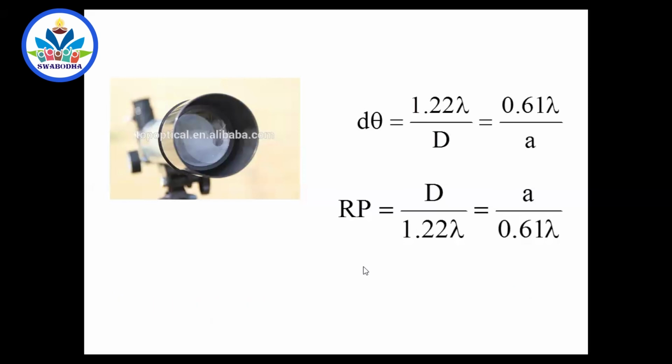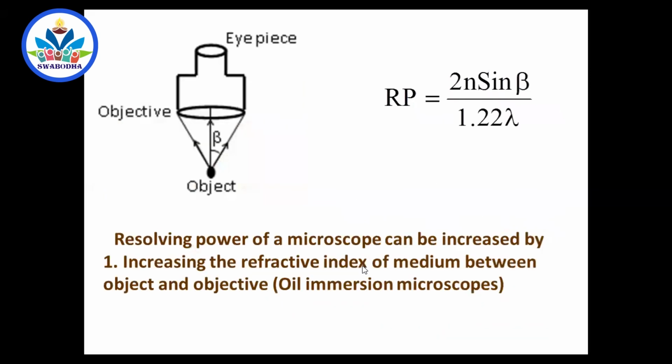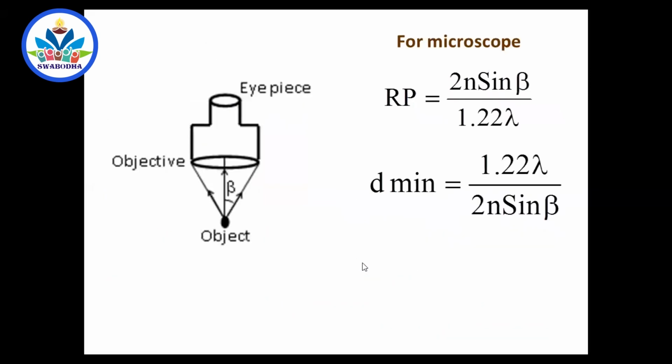But one thing here, I want to make you remember very clearly: how to remember these formulas without confusion. See, for example, microscope: 2n sin beta by 1.22 lambda, or 1.22 lambda by 2n sin beta. You usually get confused with this one. Remember only this one, enough. What about the reciprocal? Remember only this one. Sir, how to remember this? Remember the conditions. How will you increase the resolving power of a microscope? Using an oil immersion microscope, increase the refractive index. n should come in the numerator. Decreasing the wavelength, ultra microscope. Lambda should come in the denominator.